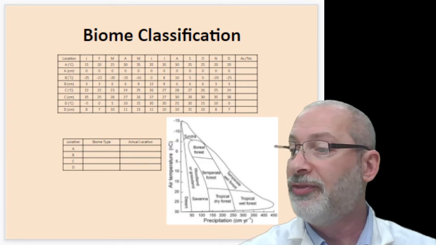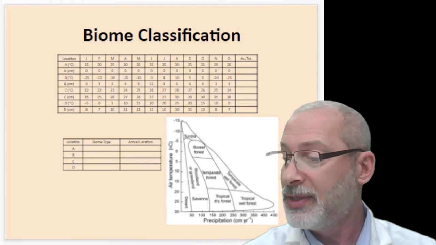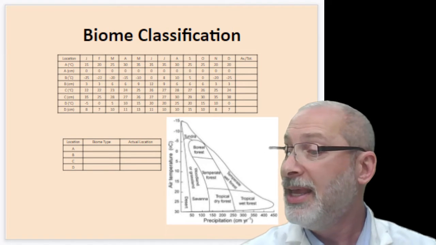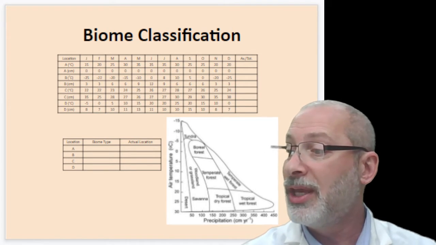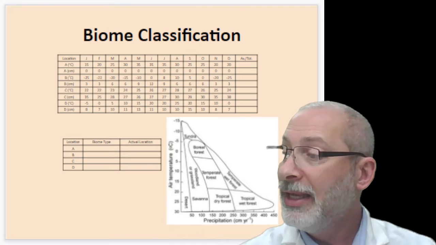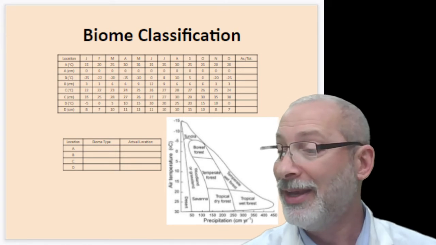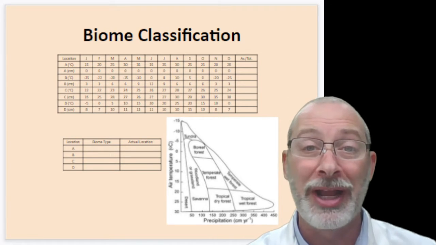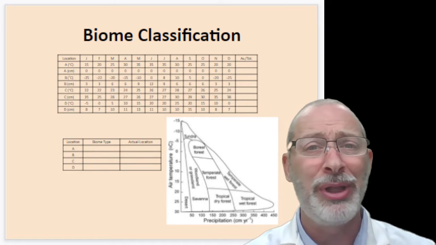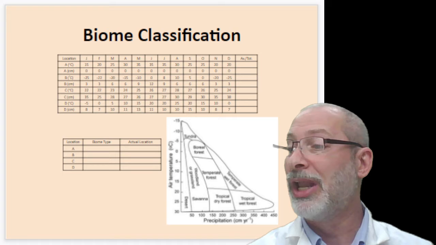And they include 4 different locations. In your lab, they're labeled as A, B, C, and D. And you'll see that the 4 locations correspond to Singapore, Aswan, Peoria, and Barrow. And you're going to try and determine the correct location of those 4 places on planet Earth using your lab